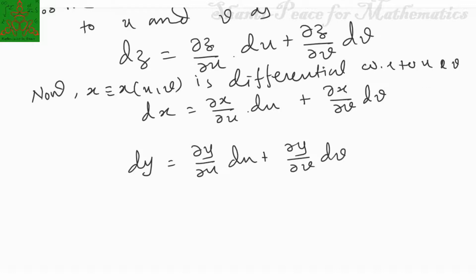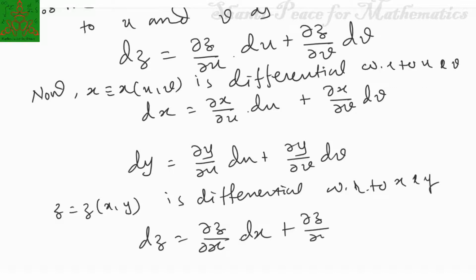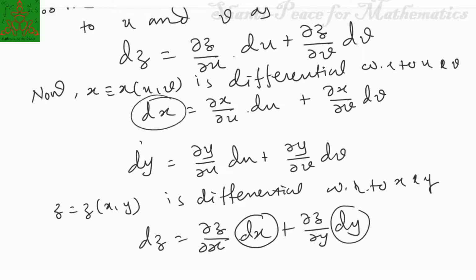And you have z, which is originally a function of x and y, and for that we can write the differential with respect to x and y as dz is del z by del x into dx plus del z by del y into dy. Now you have here dx and dy, and the same values we have here, that is dx and dy. So we'll just substitute these two values